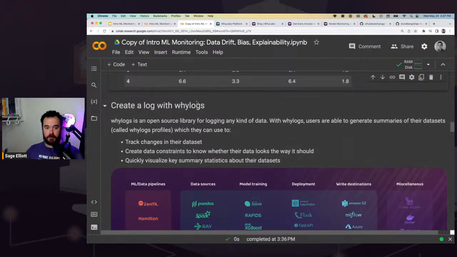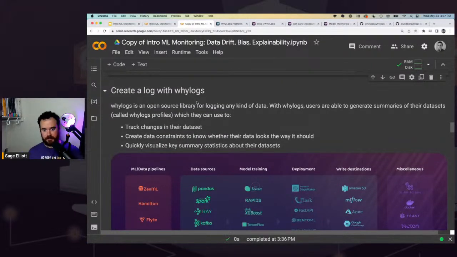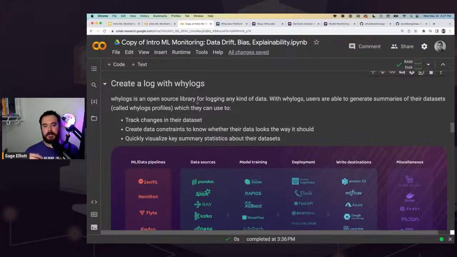So before we run all these batches through our model, we'll look really quickly at creating a log with YLogs. So I mentioned at the beginning, YLogs is an open source library for creating these profiles of data sets, and you can create profiles on data of almost any kind, including images and embeddings. So today we're looking at a somewhat simple tabular data set, but I also do workshops, and we have resources on doing these on computer vision projects or NLP projects, embeddings, and we have a new project coming out specific to large language models, so lots of really exciting stuff. But it creates these profiles of a data set that doesn't contain any raw data. Just think of it as the summary statistics. We'll actually look at a profile in a second to see what it actually contains.